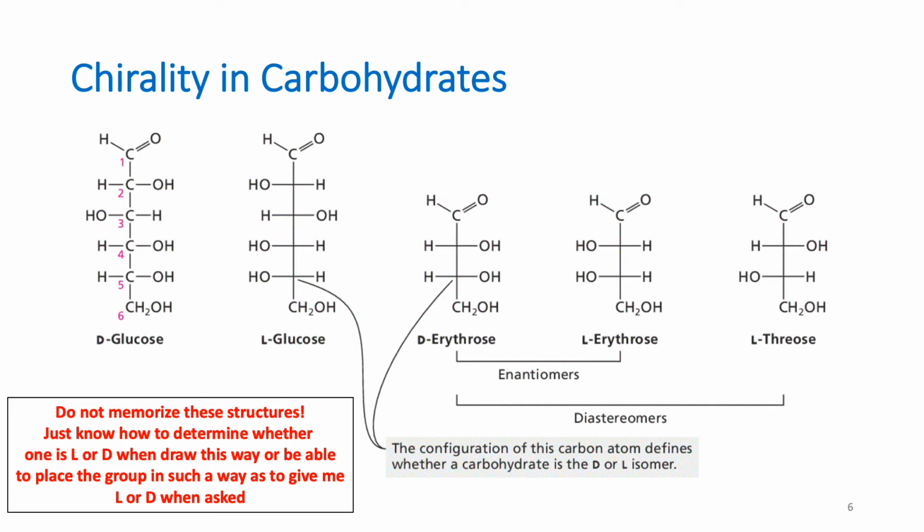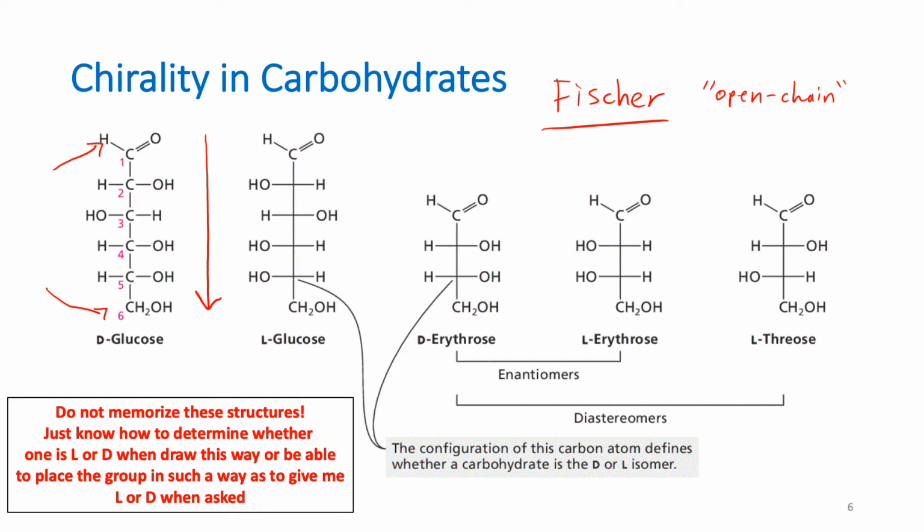Chirality in carbohydrates is an important matter of discussion, and I want to spend some time in this slide detailing how to look at chirality in carbohydrates. So what you see here is something called the Fischer projection. We've seen these types of projections in OChem 1, and what you'll notice in a Fischer projection is it's always drawn linear, kind of a skeletal model of a monosaccharide, and this is called the open chain form. Open chain form, okay? And the way these are always going to be drawn is you have an important functional group at the top, and they always end with a CH2OH at the bottom, okay?